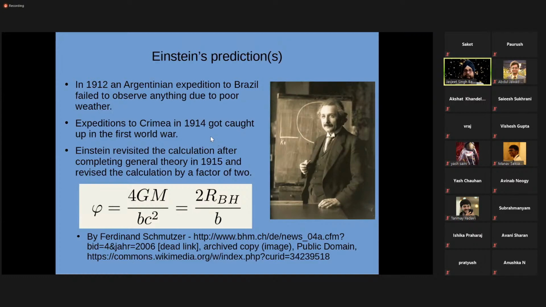Unfortunately, by the time the eclipse was to happen, the First World War had started, and all of these expeditions got caught up. All the people who had come from England or France or America, their equipment was confiscated and put in cold storage, and they were sent back. And astronomers who had come from Germany, for example, there was one astronomer whose name will come up later. He was arrested, and Einstein had to use his influence to get him out in an exchange of prisoners of war.